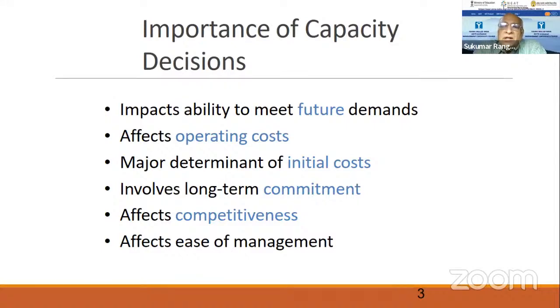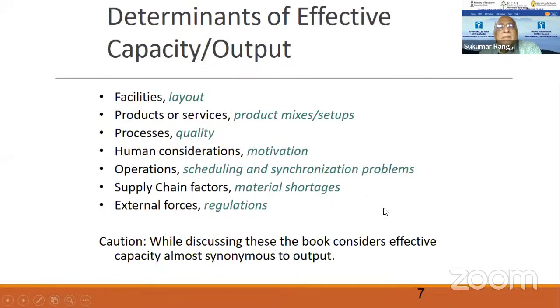So capacity decisions are very important. You cannot have a lower capacity and then get overheated. You cannot have such a large capacity either, because your overheads and fixed costs will be so high to maintain that it will no longer be viable. So the capacity should be optimum to meet the demand, the current and maybe the immediate future demand.